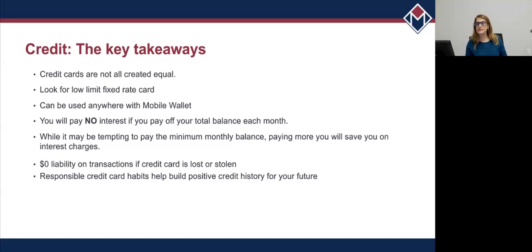And we're just starting to get into the concept of building credit and establishing credit. The more responsible you are with your credit card habits, and that's your first experience of building a reputation. What kind of credit card payments do you make? Do you pay them off in full? Do you pay them off on time? Do you pay the minimum? The more responsible you are with your credit card payments, the more responsible you appear for all of these future opportunities of a business or a wedding or travel. We're certainly going to get into the benefits of positive credit later. But for right now, credit cards are not the enemy,